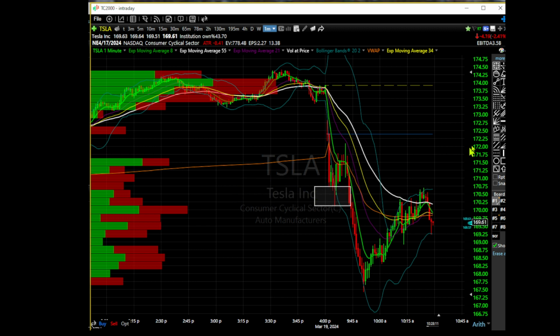So guess what I did? My goal was to take this all the way back up here. So I took some profits into this. I said, I'm not adding to this anymore. I'm just going to let it hard stop me out, which it did. So I ended up with a small green trade on Tesla. It didn't bounce back where I wanted it to go. Great. I don't care.